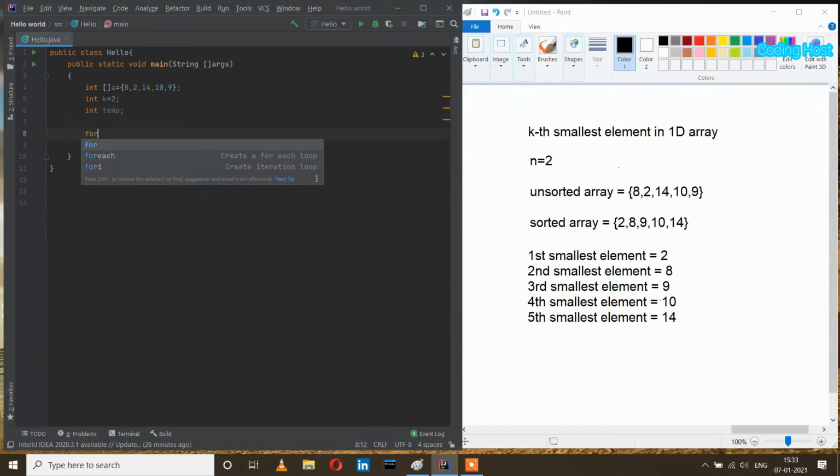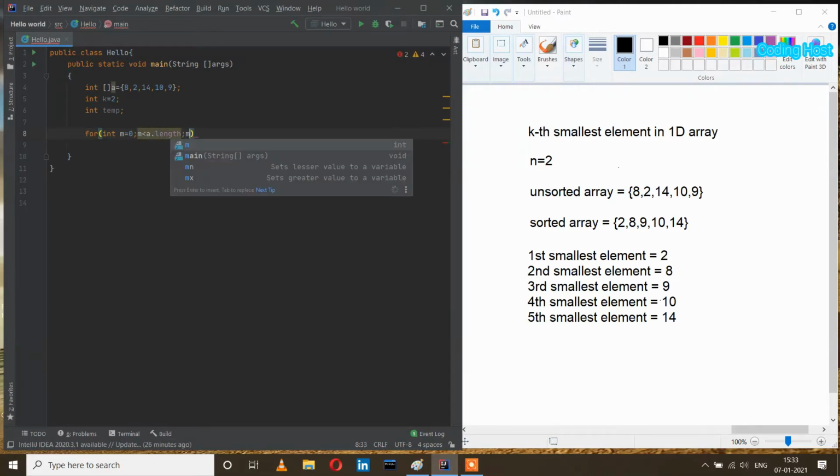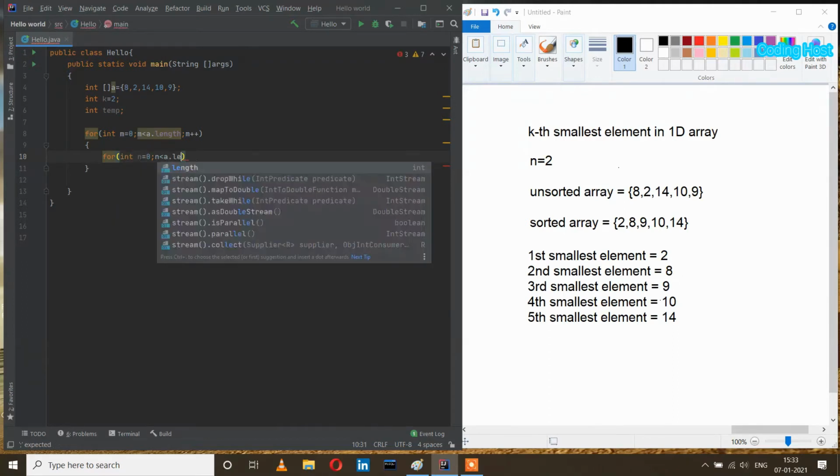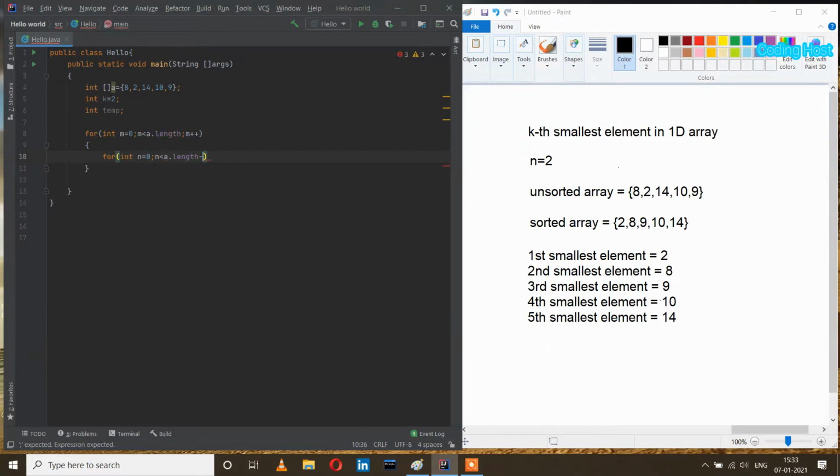After that I will take a for loop: for int m equal to 0 and m less than a dot length and m plus plus. In this for loop I will take another for loop: for int n equal to 0 and n less than a dot length minus m minus 1 and n plus plus.